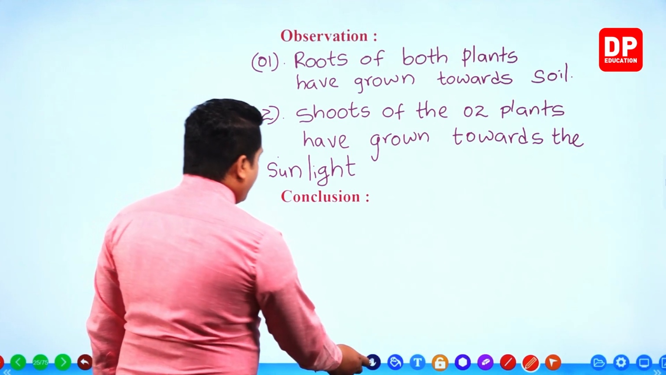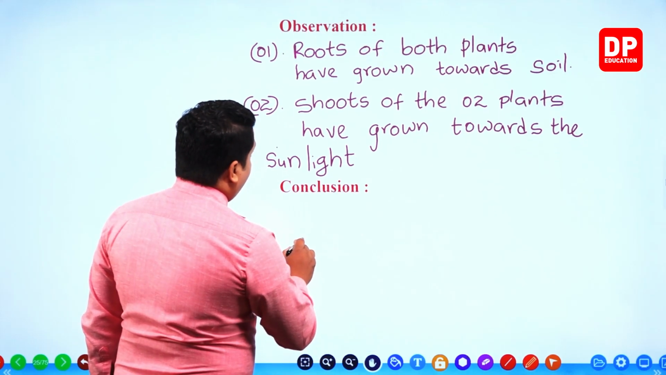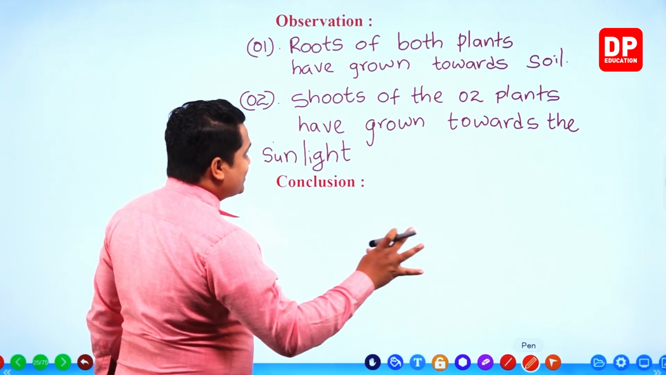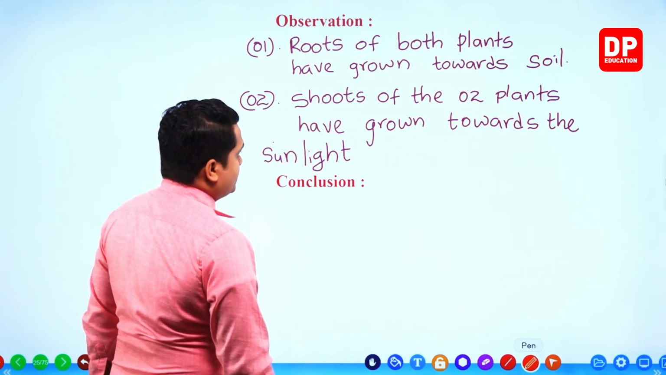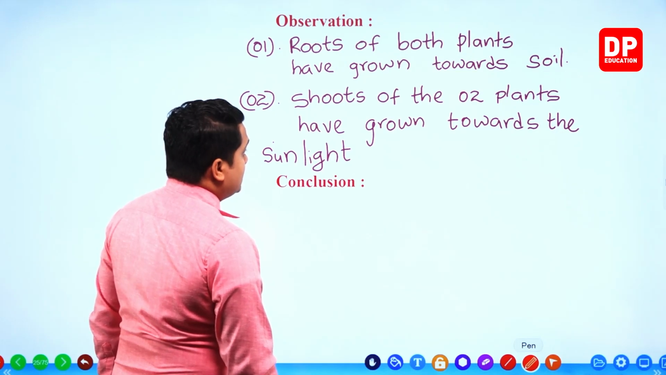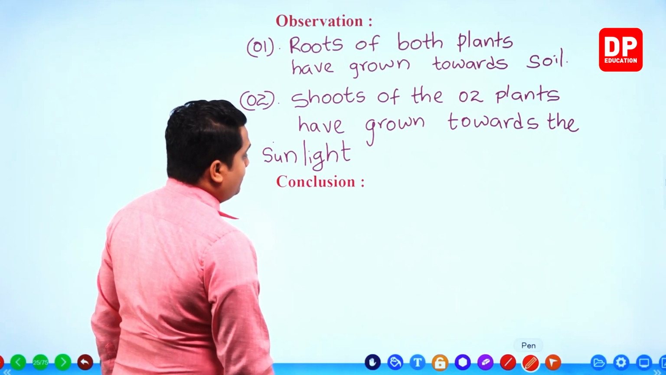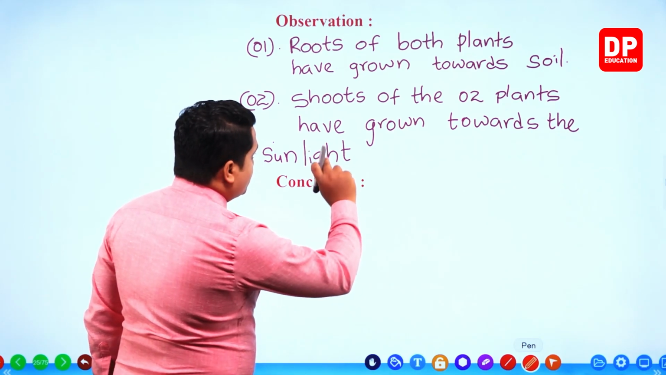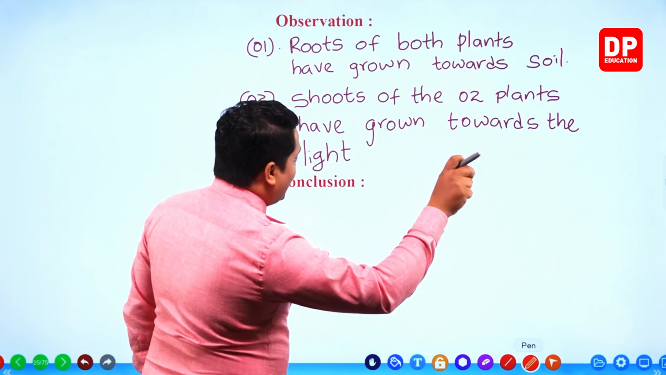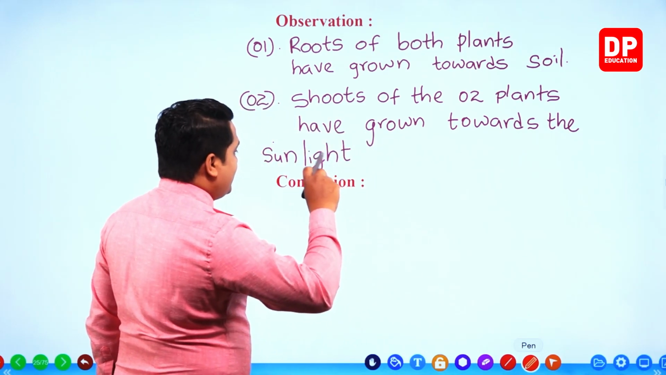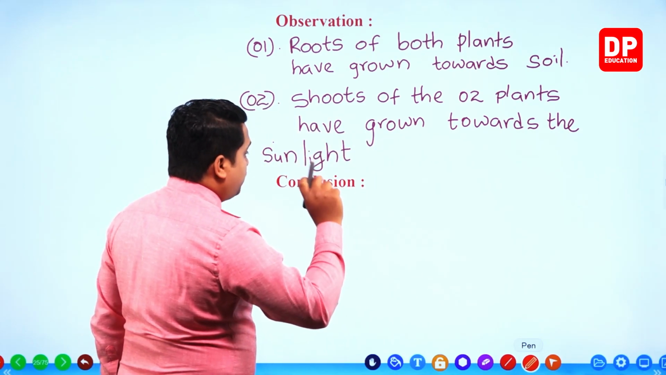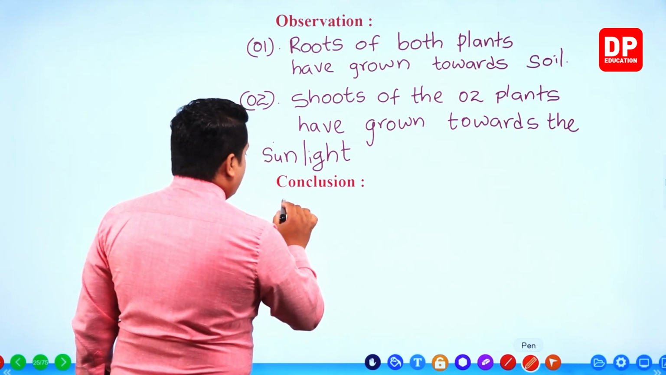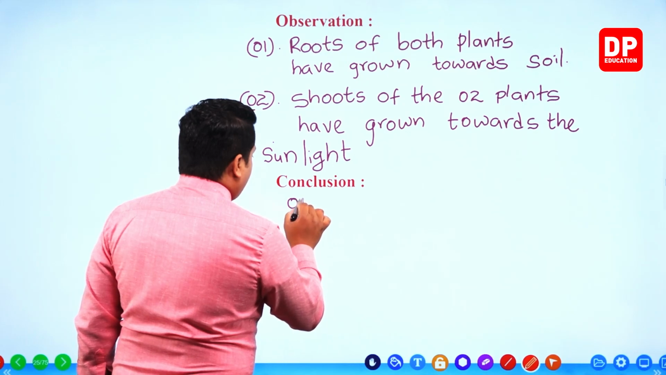So, if a movement is going to occur towards a certain stimulus, or towards certain stimuli, then it is a positive trophism. So here, my dear children, shoots growing towards the light is a positive phototrophic movement. Positive phototrophic movement. So, we can write number 1,